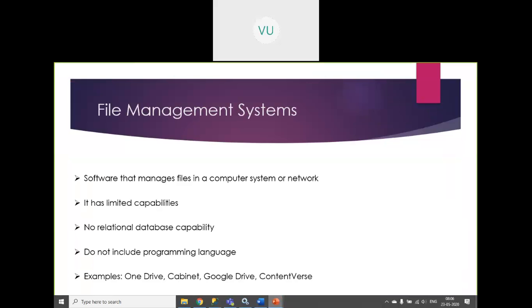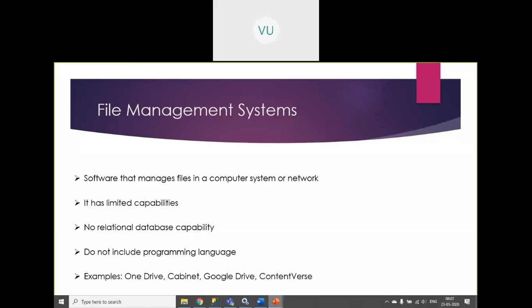File management systems are very important because, due to the problems in them, relational databases, object-oriented databases, and object-relational databases were formed. We have to understand the problems in file management systems to understand what advantages RDBMS brings to the table. A file management system can be defined as a software that manages files in a computer system